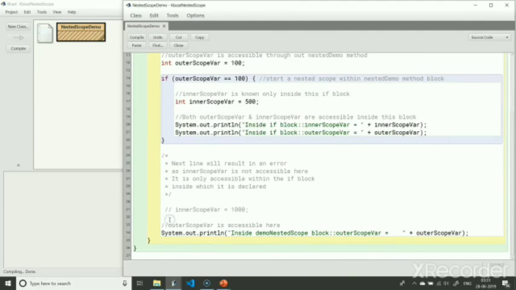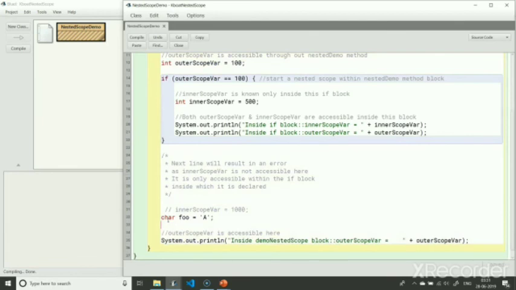Variables can be declared at any point within a block, but they are only valid after they have been declared. I can declare a new variable at this point and use it. This is valid and will run just fine.